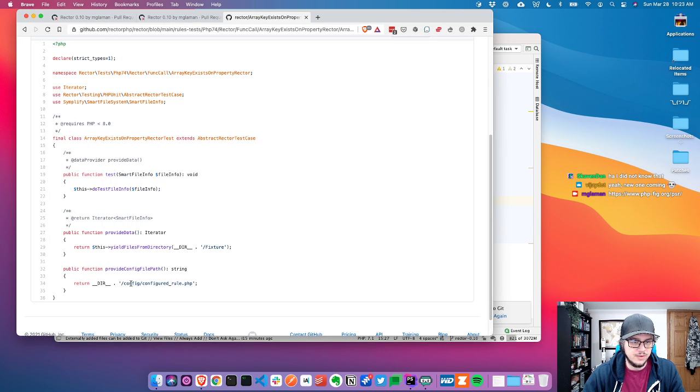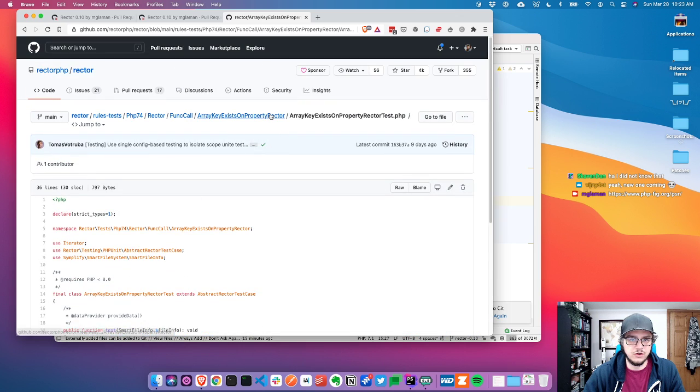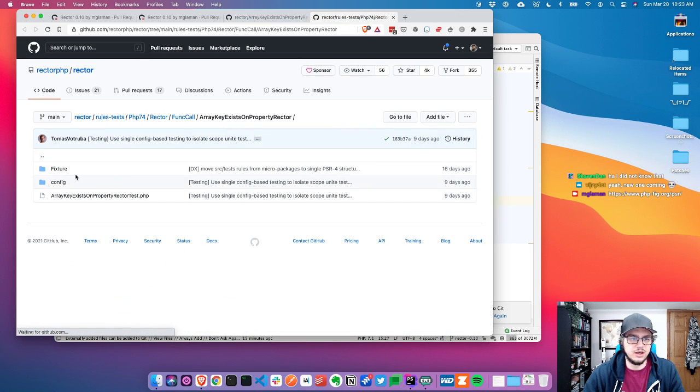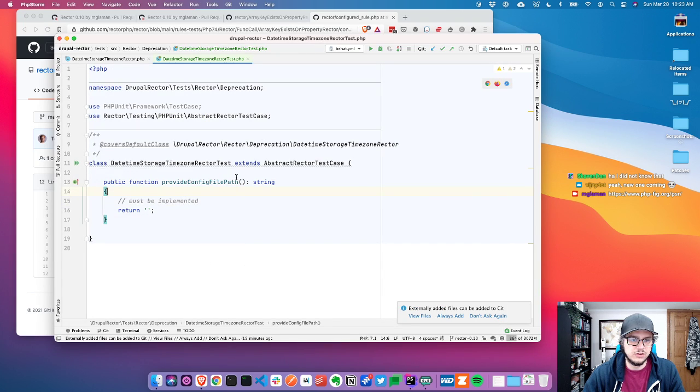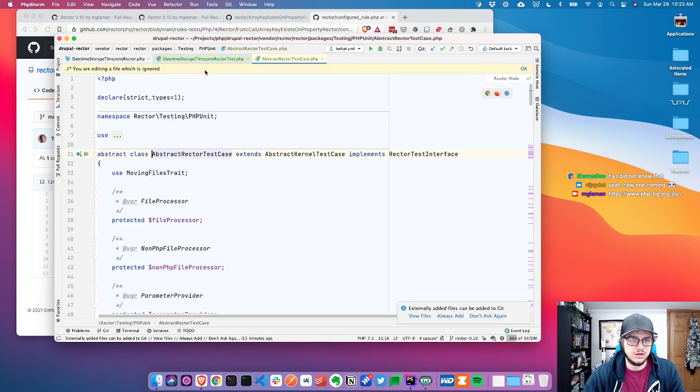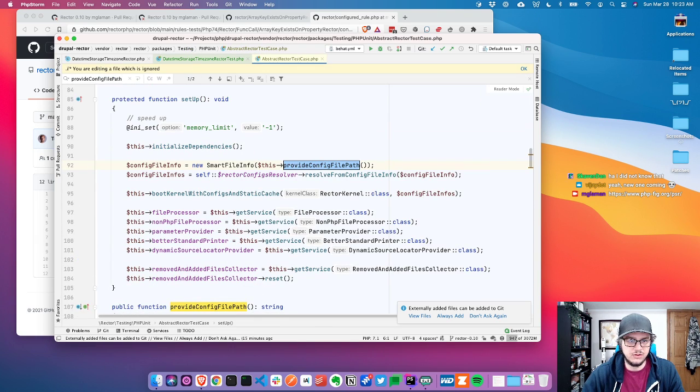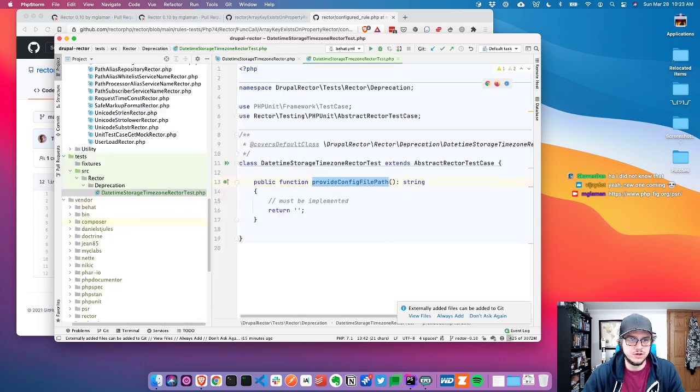and we're going to provide config file path. So this goes to config configured rule. Let's look at what that involves. Okay, so it lets you do on-demand configuration. So I wonder, I'm curious where this runs. So SmartFileInfo, config file path. All right, you can't just, I was hoping we could just do like a closure, but